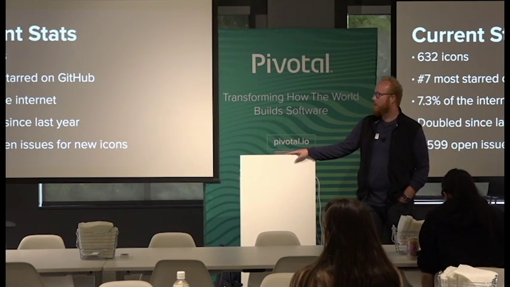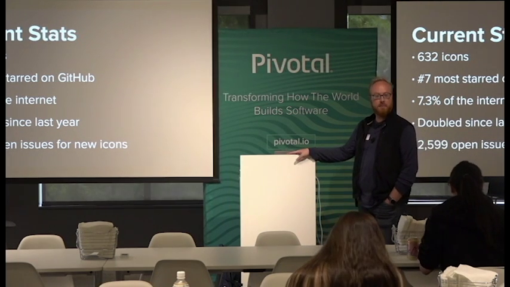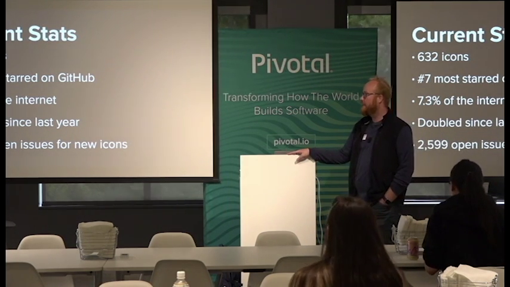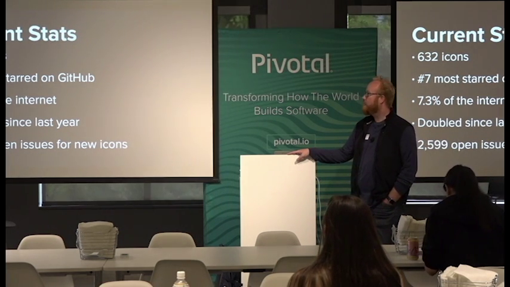As of this past month, we're on roughly 7.3% of the internet. And if you believe that the internet is a billion websites, that's about 73 million websites, and that has doubled in the past year. In terms of the open source